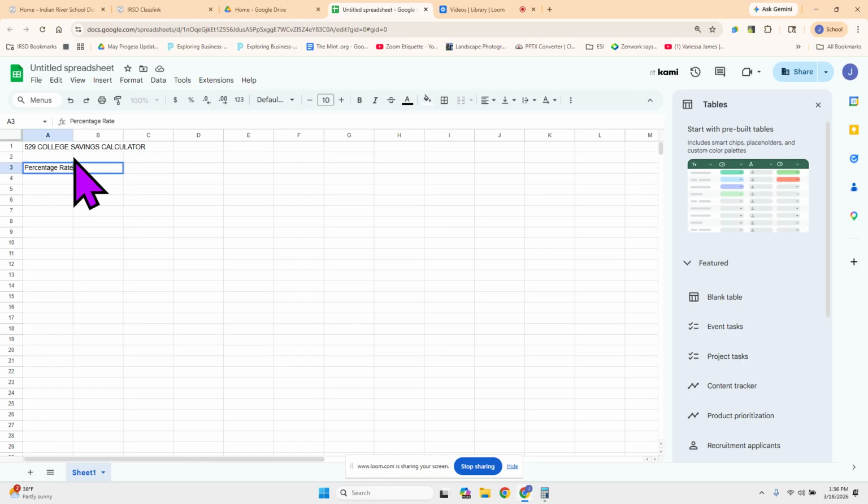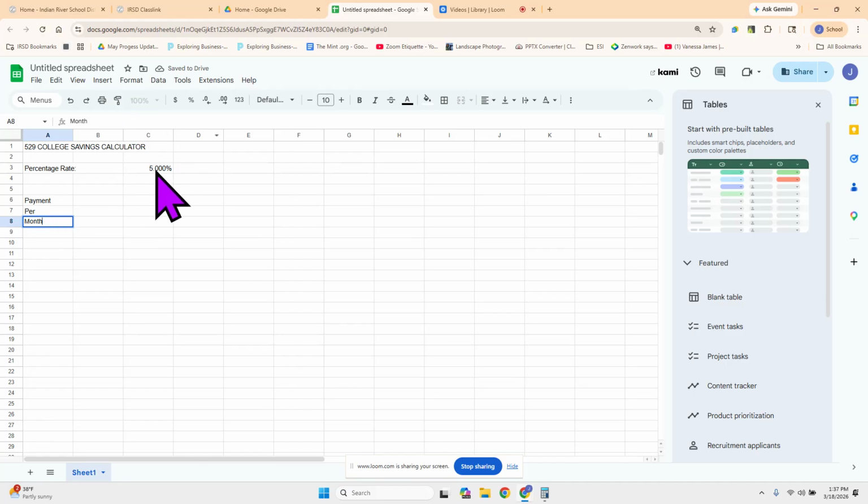Now it's going to look like it's going into B, but it's not. It's super important that you put this in C3, 5%. Okay, and then we want to increase the decimal places. So 1, 2, 3. I'm going to make the decimal place 3 places. Okay, and then A6. I'm going to type in payment, and then underneath of that